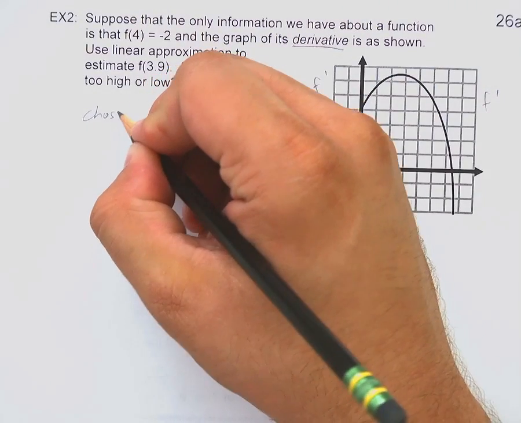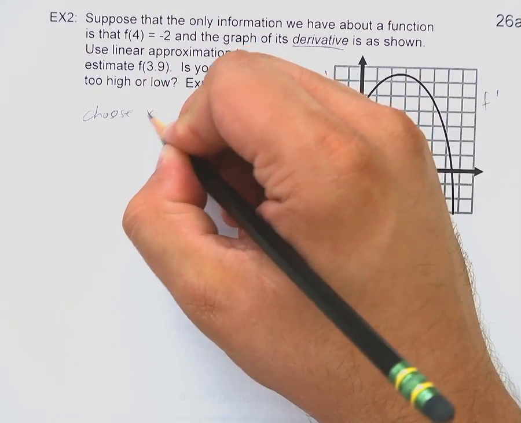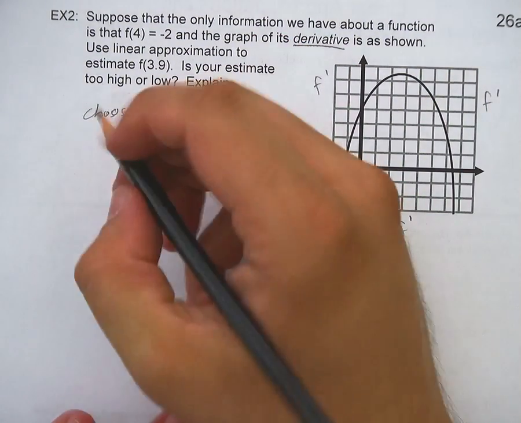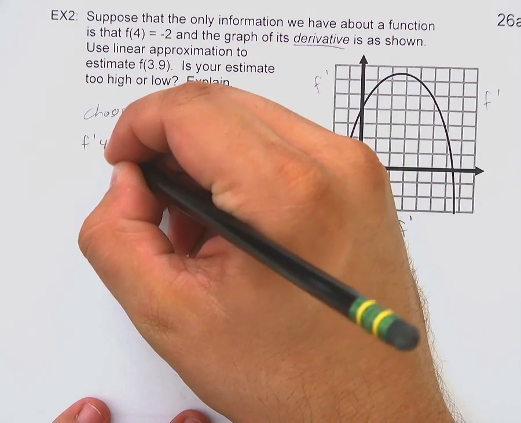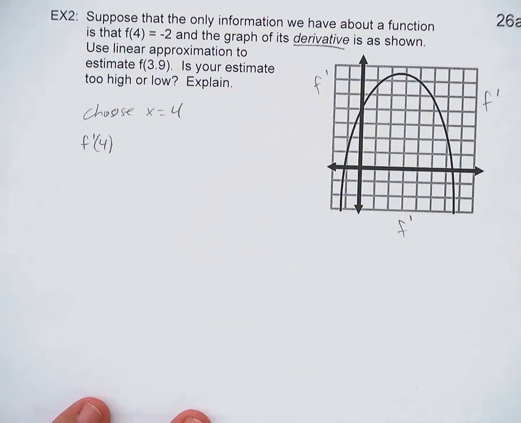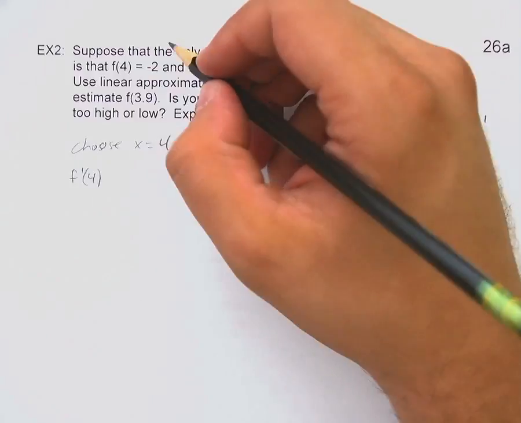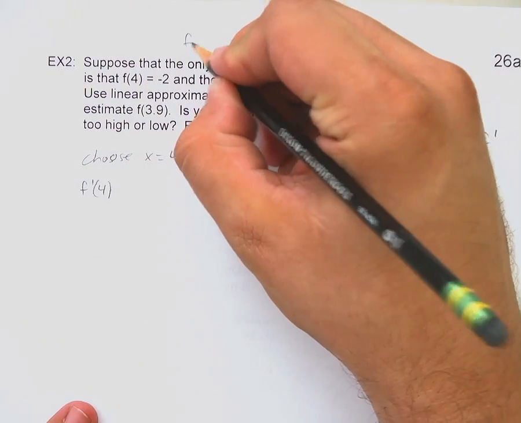The first thing I want you to write down is I'm going to choose 4. That's my a value. Now they gave us a couple of different things. If I go to f prime of 4, because I need my equation, right? I'm using my equation. Let me write it up here for you so you can see it. F of x